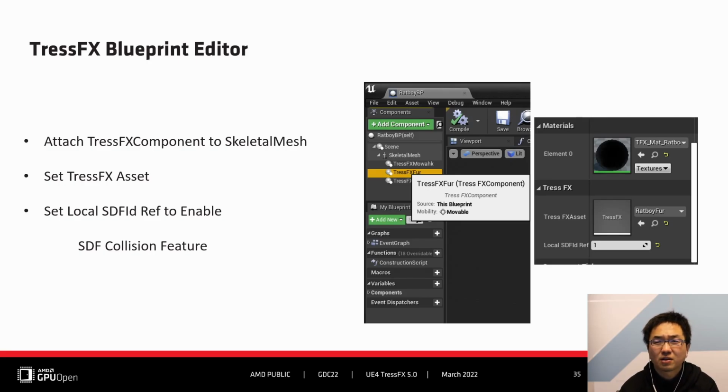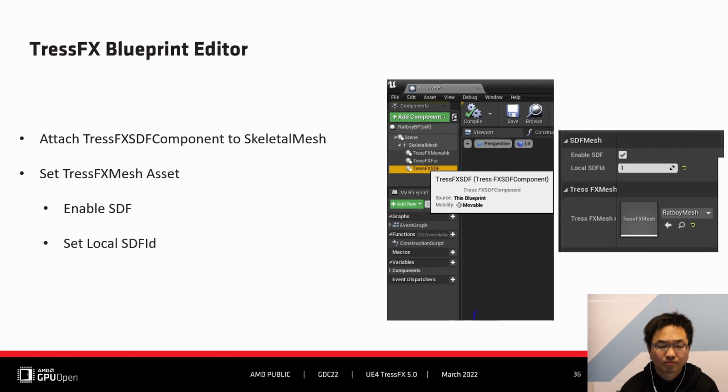Local SDF ID reference corresponds to the TraceFX SDF component's local SDF ID. After attaching the TraceFX SDF component to the skeletal mesh, you can set the TraceFX mesh asset, enable SDF, and set local SDF ID to turn on SDF.